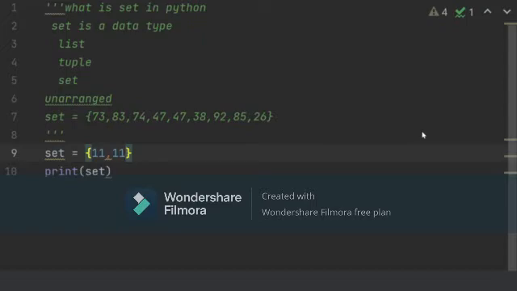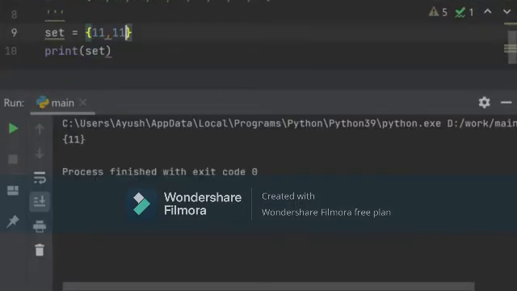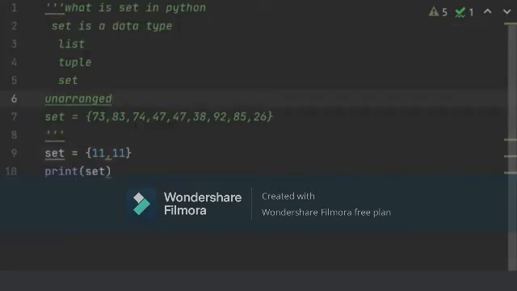Control F5. Okay, it's not working right now. I don't know why. So you can see I'm clicking on the run button. It's showing me the number 11 only one time because the number 11 which we had over here is repeated two times. So when you are making a set and writing code, the data is